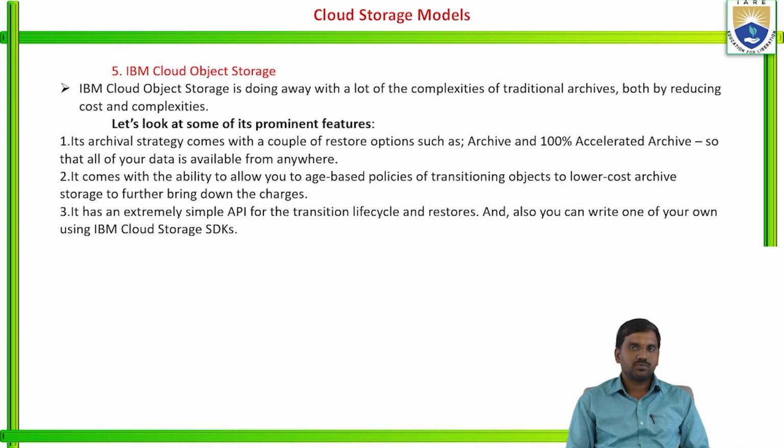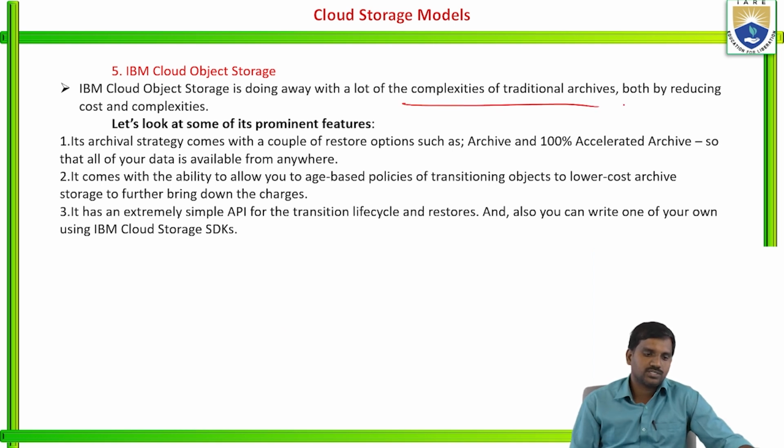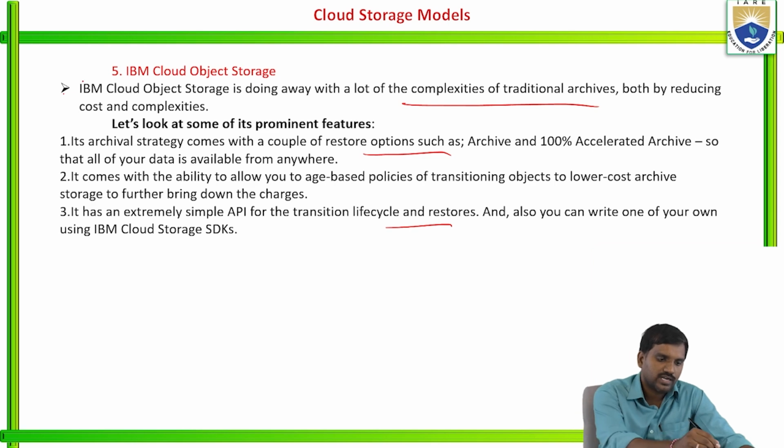The last one, IBM Cloud Object Storage. It does away with a lot of the complexities of traditional archives, by reducing both cost and complexity. Some prominent features here: the storage comes with a couple of restore options such as accelerated archive, so that all of your data is available from anywhere. It has extremely simple APIs for the transaction lifecycle stores. Also, you can write one of your own using IBM Cloud Object Storage. It has age-based policies to transition objects to lower cost archive storage to further bring down the charges. So these are the five types of